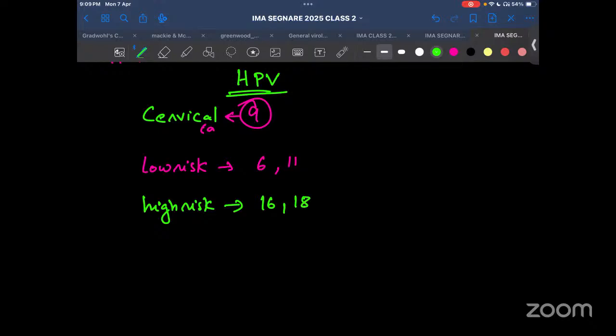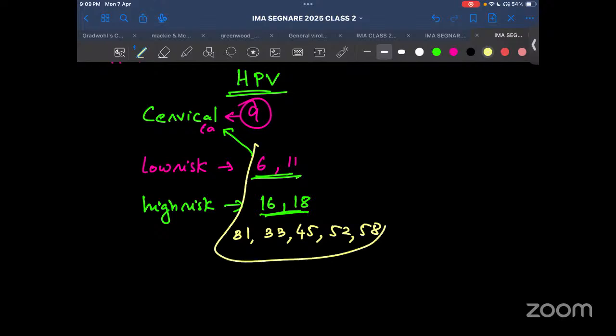See, don't misunderstand that 6 and 11 cannot cause cervical cancer. 6 and 11 can also cause cervical cancer, but it is low risk. The high risk is 16 and 18. Along with 16 and 18, we have 31, 33, 45, 52, and 58. Okay, see, no need to remember. So this forms the 9 serotypes. All these form the 9 serotypes causing cervical cancer. Now 6 and 11 commonly cause